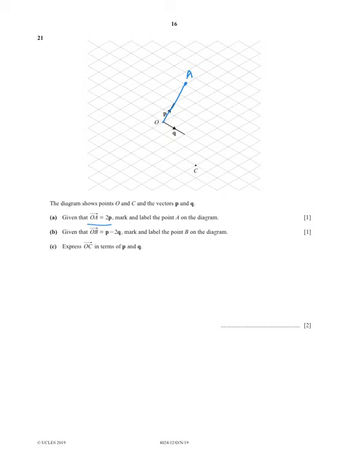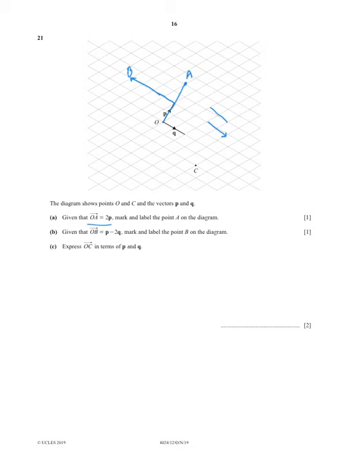Given that in the next part OB is P minus 2Q, now you need to focus on the direction. If you are moving in that direction, that is positive Q. So what will be the negative Q if you are moving opposite to that direction? We are going to apply the same method. It's P minus 2Q, which means 2 units on the left side, and that is 2Q, so that means 2 values of Q. Alright, so this point here is B.